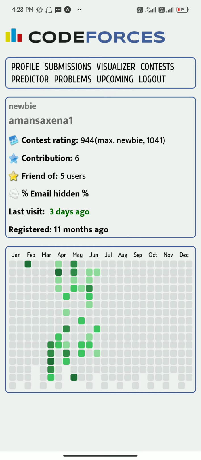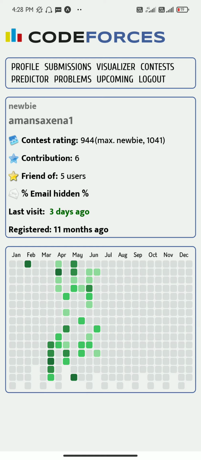After successful login, the profile of the user appears, where all the necessary information about the user is present, such as username, title, last visit, etc. The figure below represents the submissions of the user on a day-to-day basis, like you can see on Codeforces's website as well. The more green boxes represent more submissions on that day.